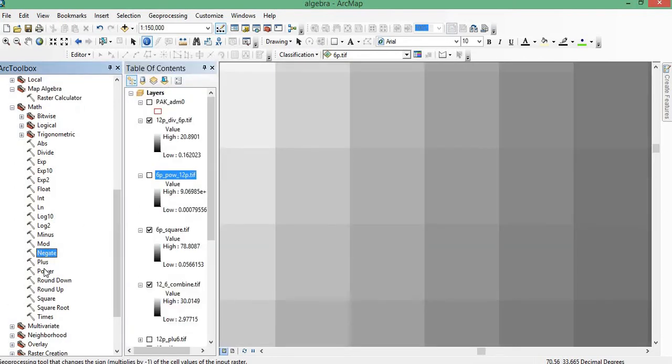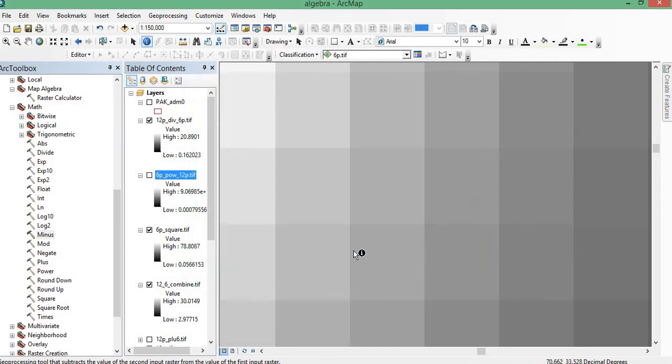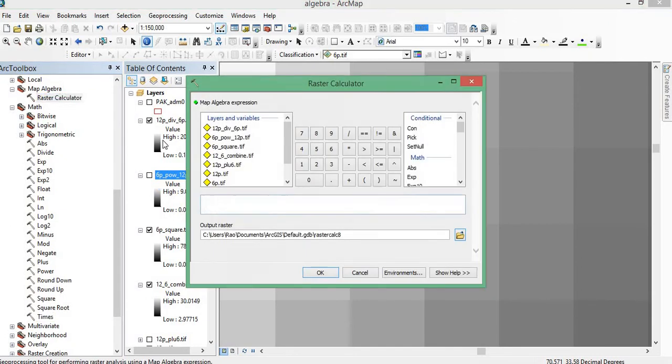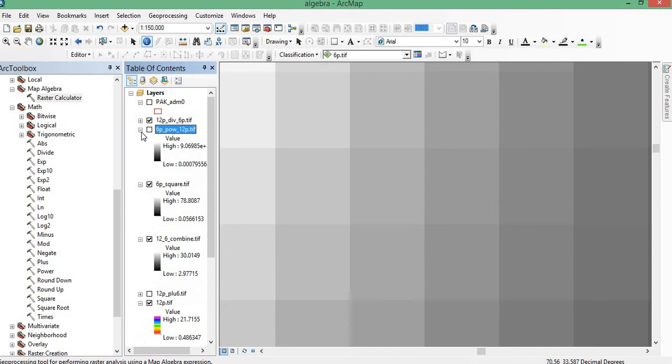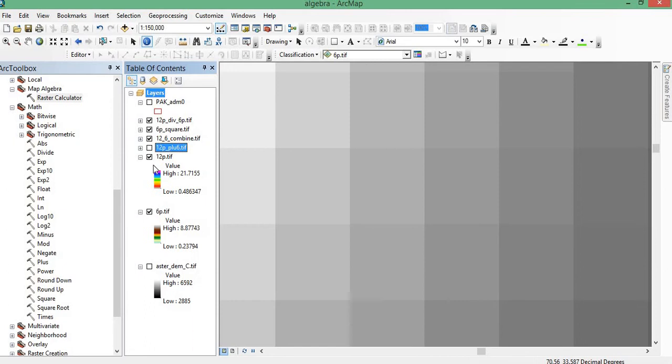So these were the operations when you perform some operation on 1 image with a constant value or on 2 images. When we have complex equations, like when we have data of 8 images, 10, 12, more than 2 images, then we have to go to the raster calculator. In the previous one you can also use square root and you can also use time function. In the raster calculator, for example, we now have different images which we have prepared, like square, power and division, plus and so on.